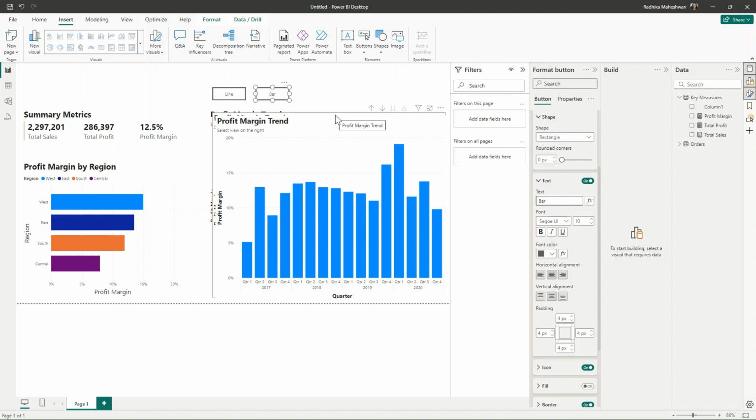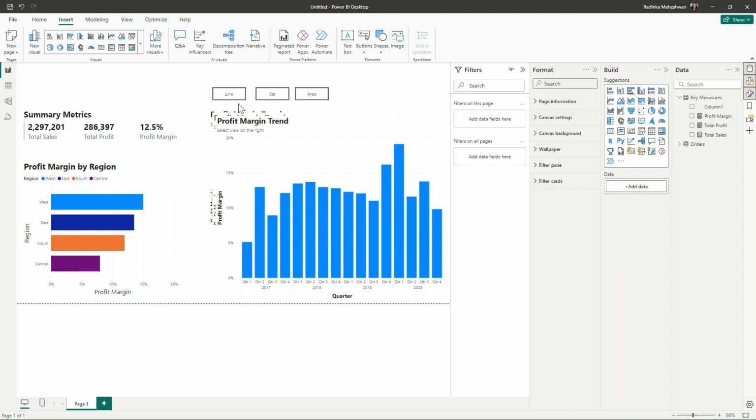We are going to replace these texts with icons like the bar chart icon and the line chart icon later. But to make you understand the functionality, I'll keep it simple for now. So another button which says area. Now what we need to do is when we click on one of these buttons, let's say the line button, then only the line chart should be visible and the bar chart and area chart should be hidden.